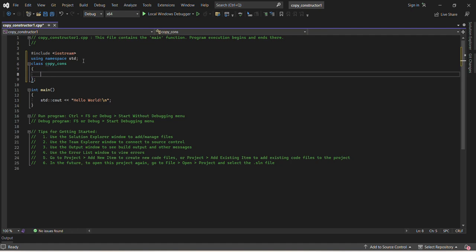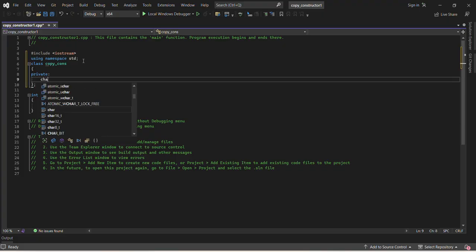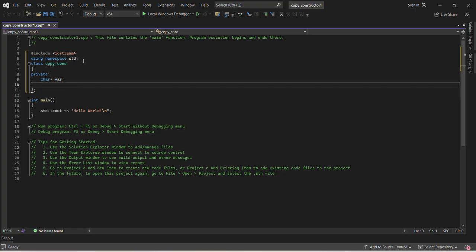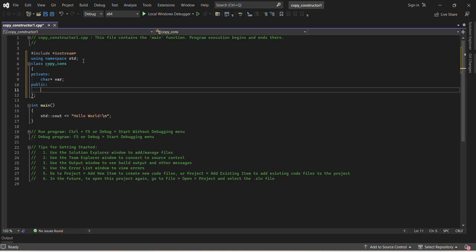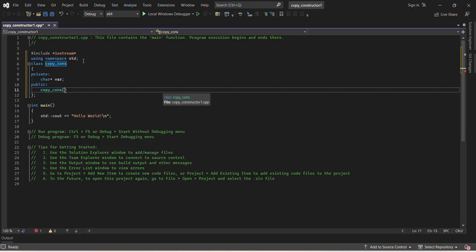I want to declare a data member. Under the private access specifier, the data member will be of type char, a pointer of character data type. Done. Constructors are defined under public. So under the public access specifier, I define a parameterized constructor. They have the same name as the class. And I pass a parameter